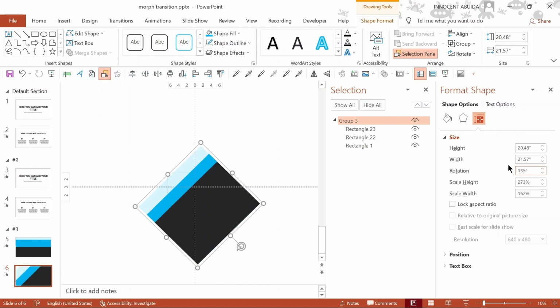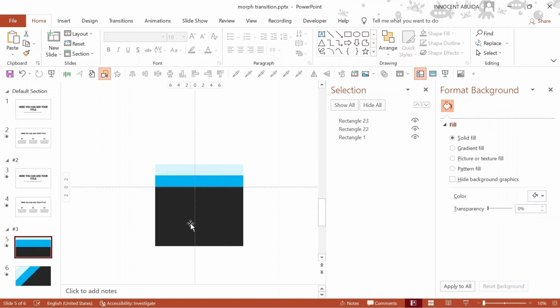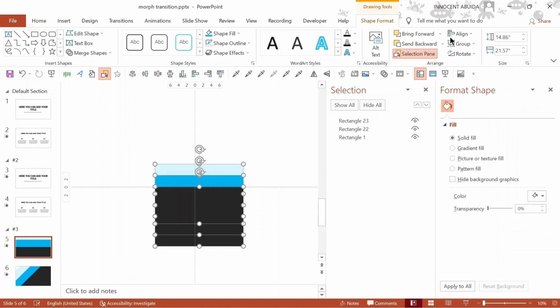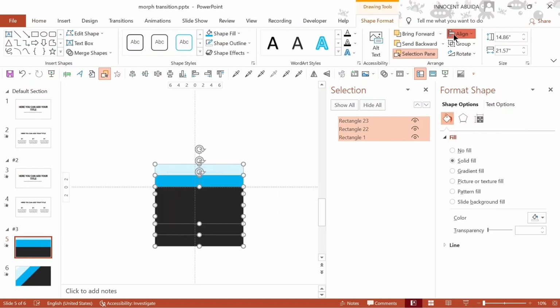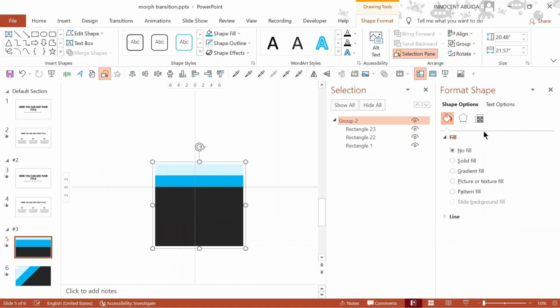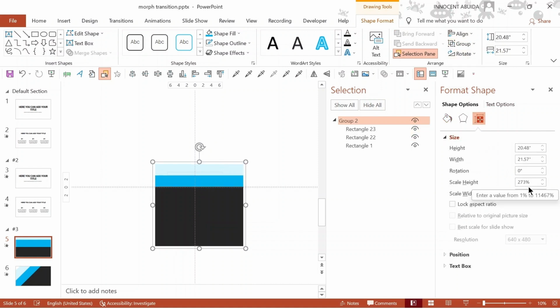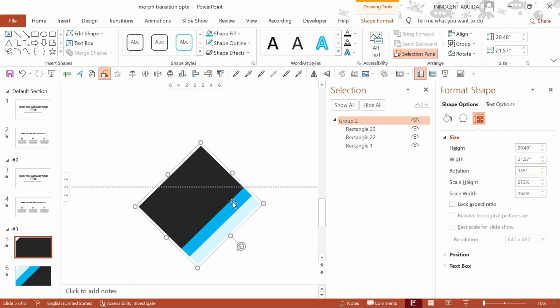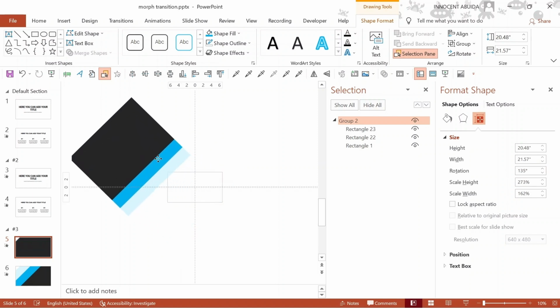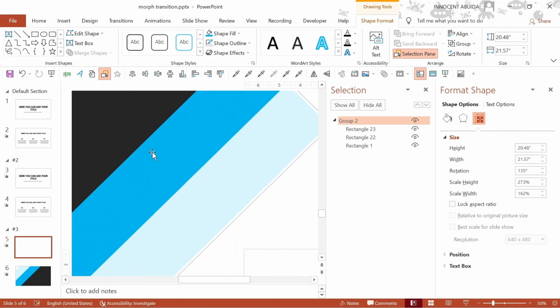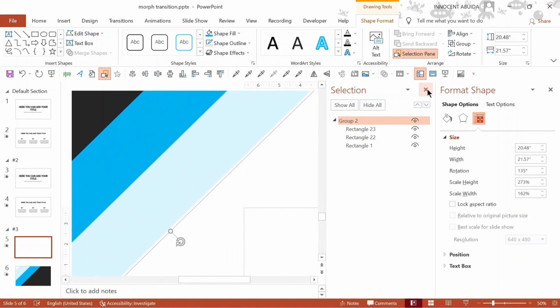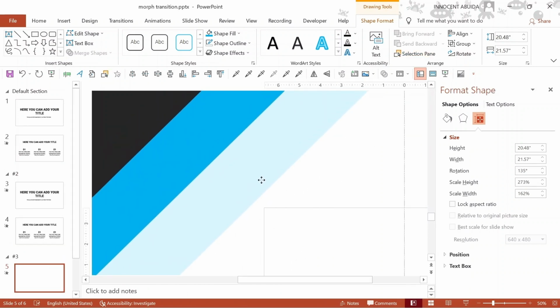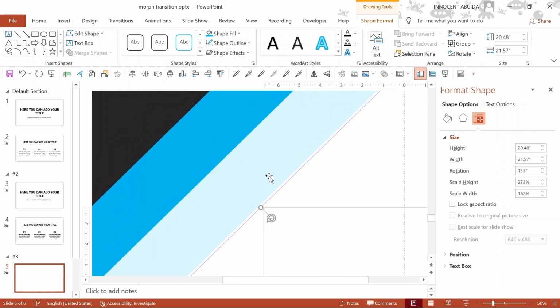You should see the shapes rotate accordingly on screen. Repeat this on the other slide, ensuring the shapes meet the vertical angle of the slide. To create a dynamic motion from the bottom right to the top left of the slide,